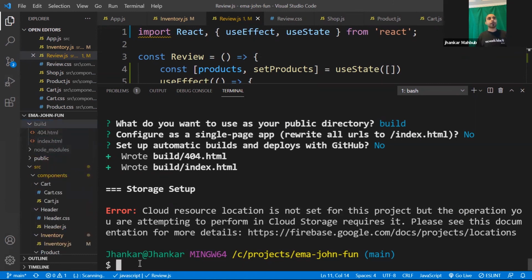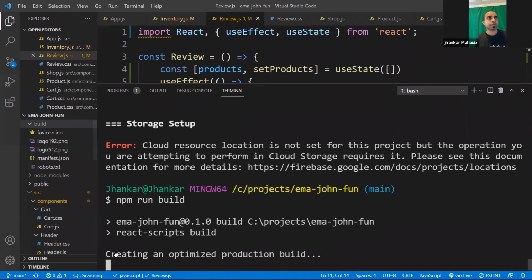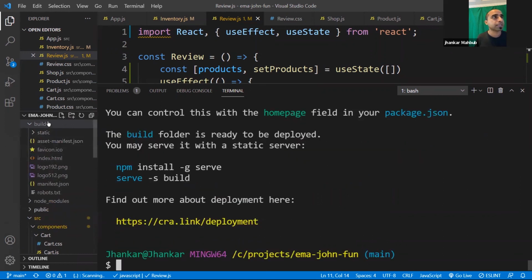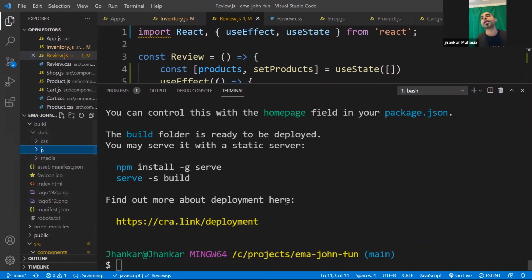So what we'll do for React projects is npm run build, and if you press enter, you will see it will build your project, and inside the build folder it added a few other things, manifest.json and a few other files. Once the build is done, you will see static resources, whatever JavaScript you need from your project, and everything would be there.